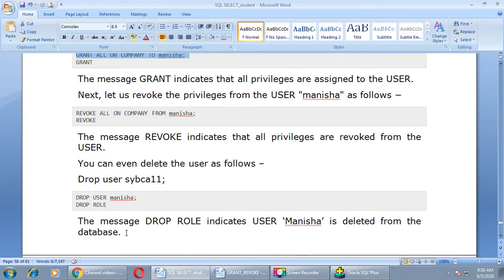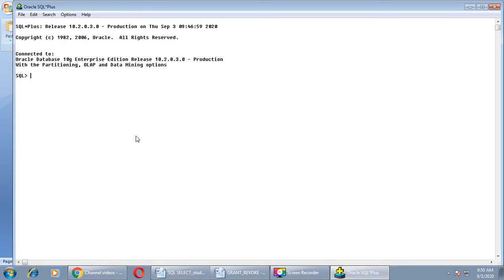Let us implement all these commands in the SQL window. As I told you, for that you have to enter as a system administrator, not as a normal user, right? So here I entered with name system and my password.